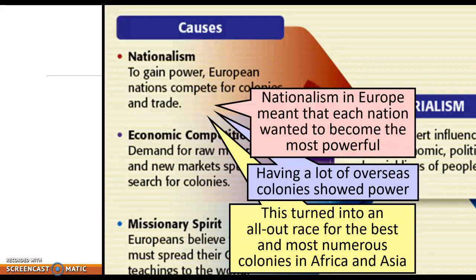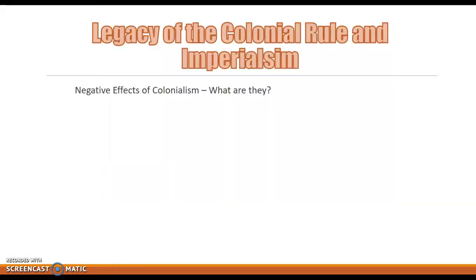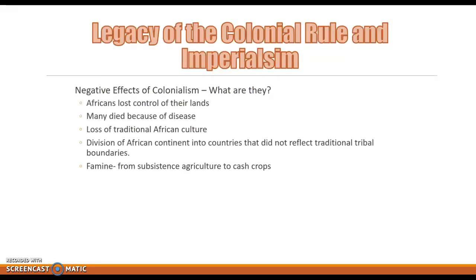And speaking of which, I guess we should really talk about the consequences. So we talked about causes. So what are the effects? This is kind of like the overall legacy of the colonial rule and imperialism. So, negative effects of colonialism. Well, as you could probably guess, Africa lost their land. A lot of people died from disease. There was loss of African traditional culture. There were many